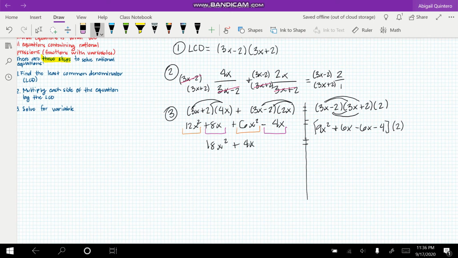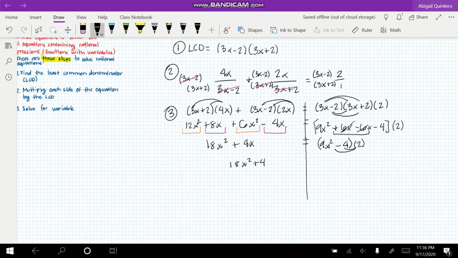Now, for the right side, I can see that we have two 6x, one positive, one negative. I'm going to go ahead and cancel those. And I'm going to end up with 9x squared minus 4. And then times 2. So this 2 will be distributed to 9x squared and negative 4. So I'm going to have 18x to the second power plus 4x equals